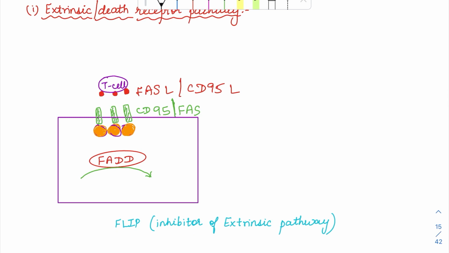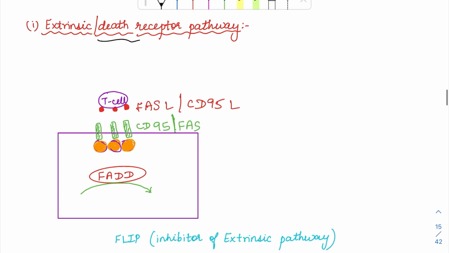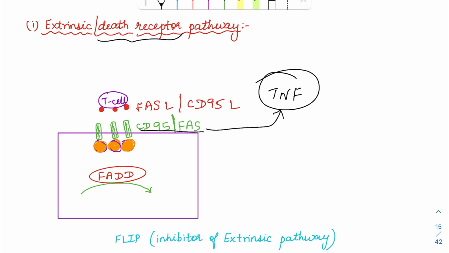For this, as the name suggests, there are going to be some death receptors. What are the death receptors? They belong to the TNF family. In the TNF family, there is CD95 or FAS, which also belongs to this family. These are death receptors present on the surface of the cell membrane. When a T cell or some other cell which has the ligand to this death receptor CD95, that is the FAS ligand or CD95 ligand,